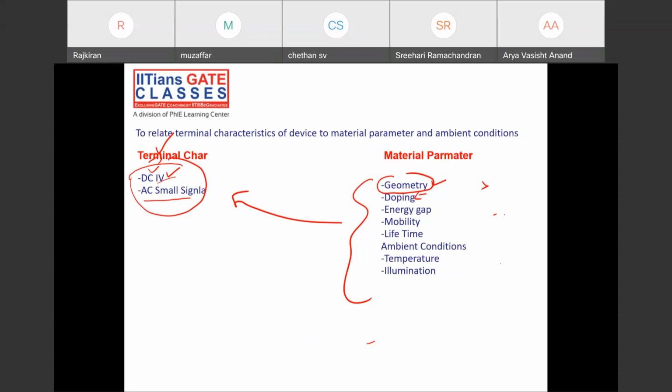One more thing, what is called ambient condition? Like how the surrounding of a semiconductor